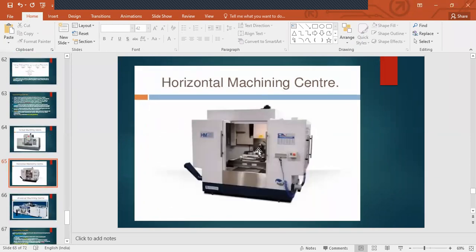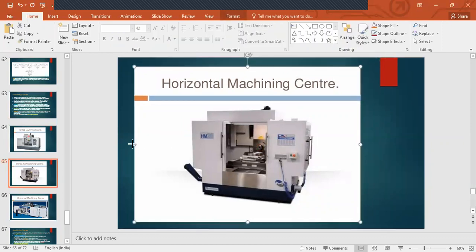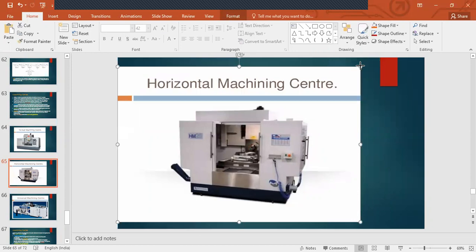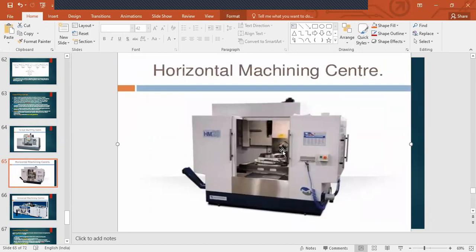Horizontal machining center, if you can observe, there is your horizontal, you see, that's your spindle. Okay, if I can enlarge it, you see, that's your spindle, and this is your work table, right? So that spindle, how is it?